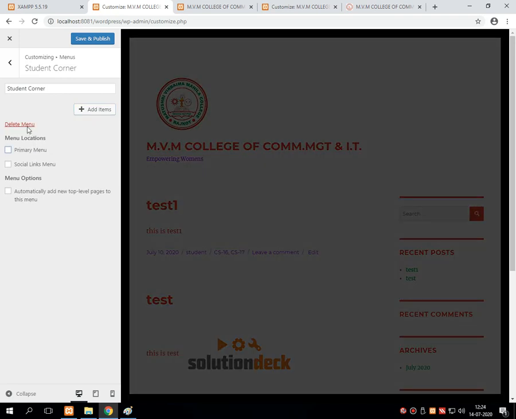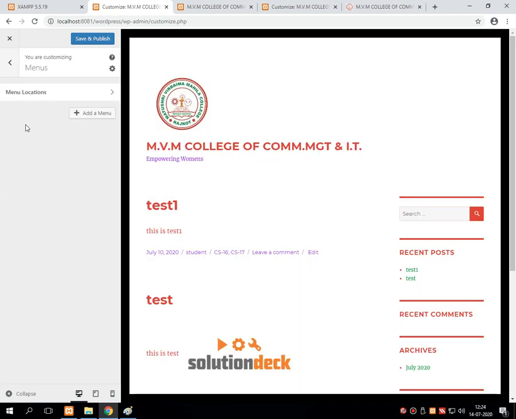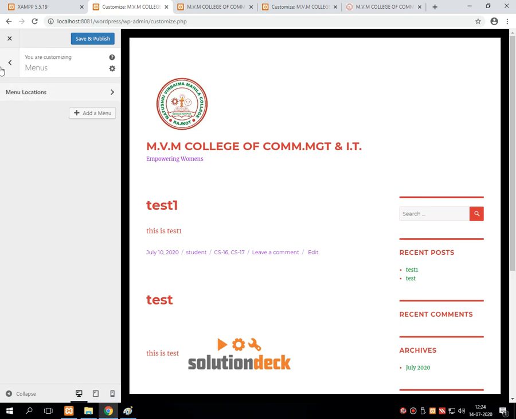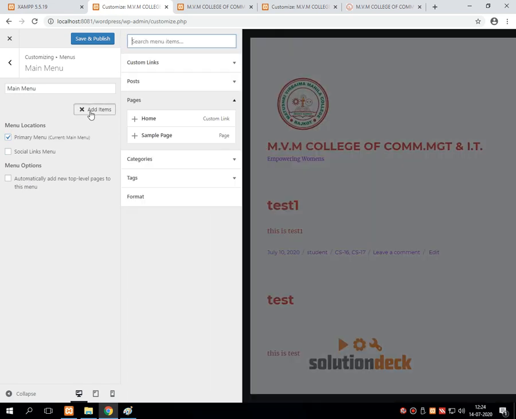Even I am deleting the menus, nothing is there. It's a plain portion. First what I have to do, I have to go into the menu, then press add menu, then give the name main menu, create that particular menu, set as a primary menu, then click on add items,